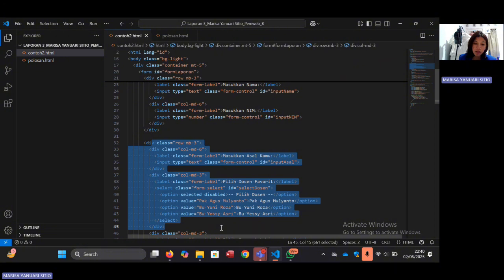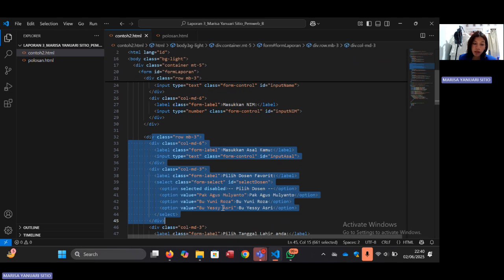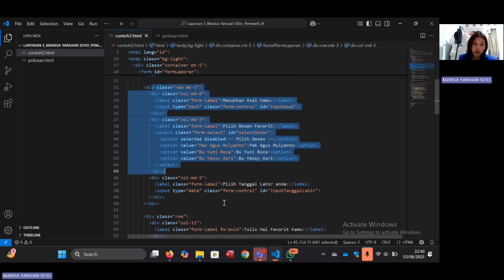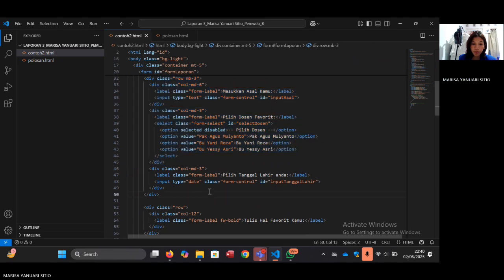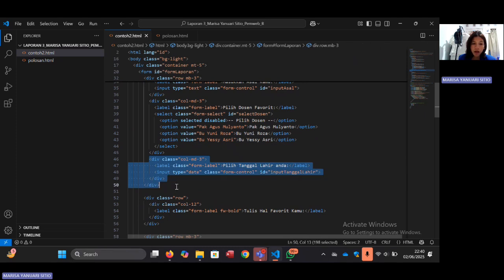HTML class row starts another row: a text input for the user's place of origin, and then a drop-down menu for selecting a favorite lecture. The first option is a disabled placeholder. And then a date picker input for the user's birthday.